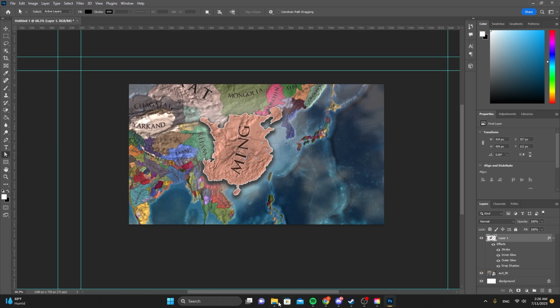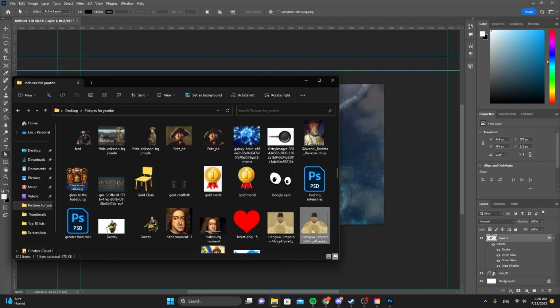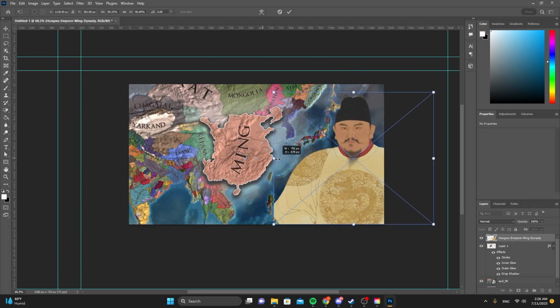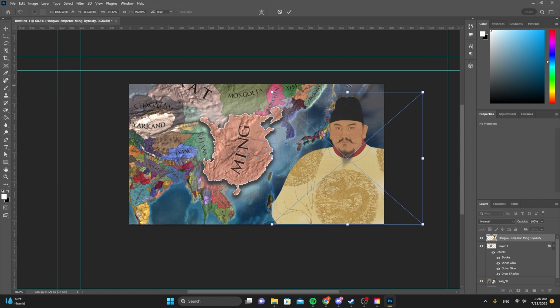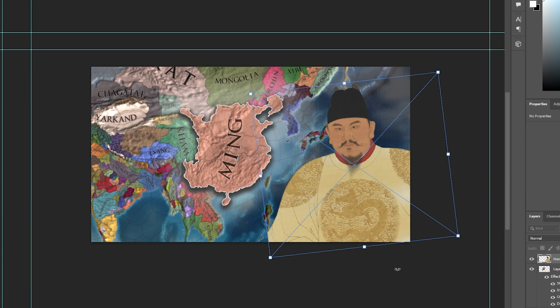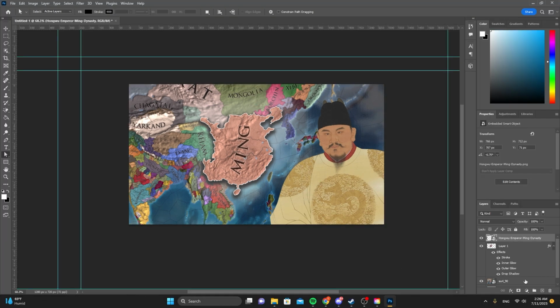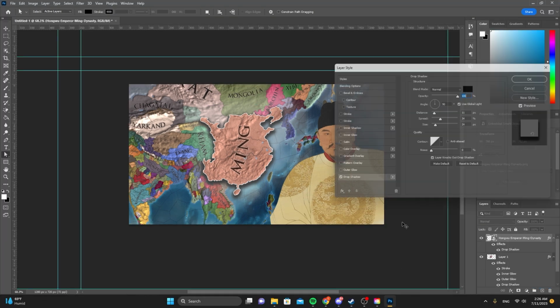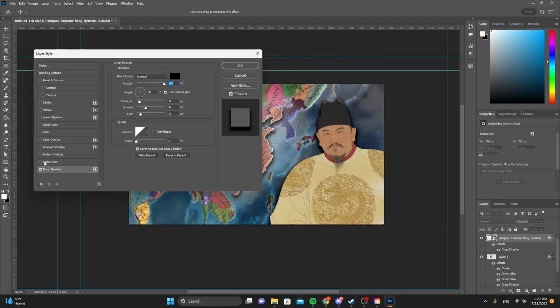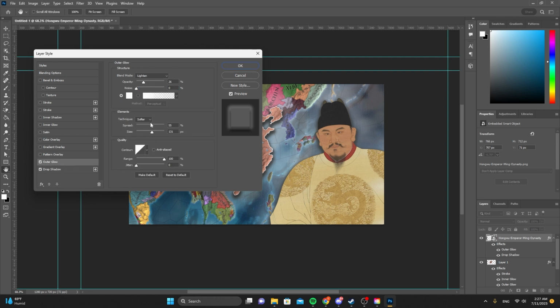Now we're going to go back to our Photoshop and just click, drag and drop him in here, resize him, and of course give him a tilt so he's leaning into the country here. And much like what we did with Ming, we're going to do the same thing, add a drop shadow to him so it looks like he's part of the image. Now we're also going to add an outer glow to him, but with him I'm going to lessen the